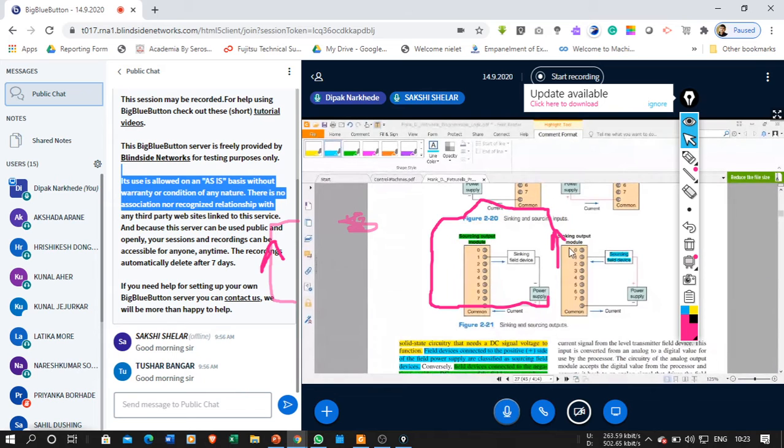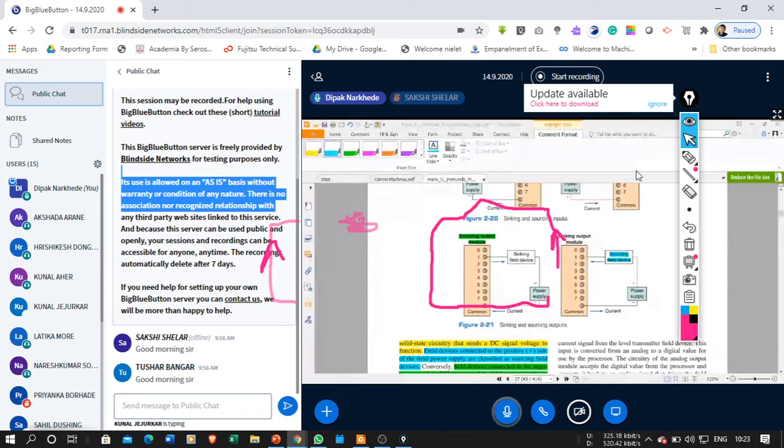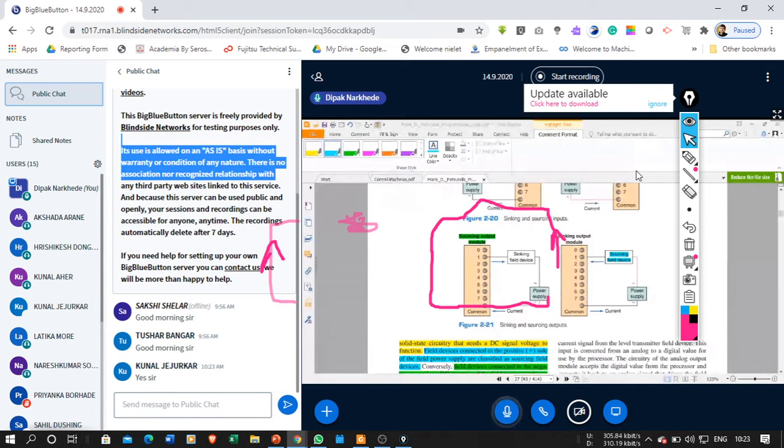Yes, sir. Okay, this is a very important thing actually in the field, when you are going to work as a PLC programmer or in PLC installation and maintenance work, then these things are very important. Okay, the concept of sourcing and the concept of sinking. Remember, these concepts are not understood by many graduate students also.